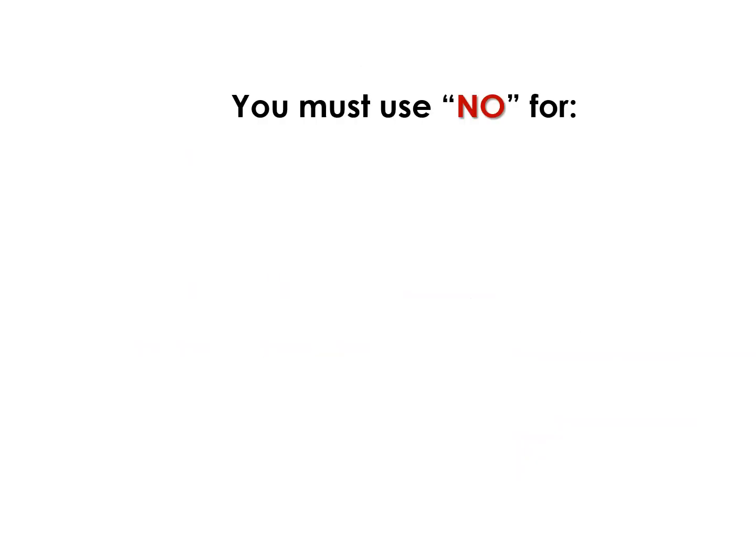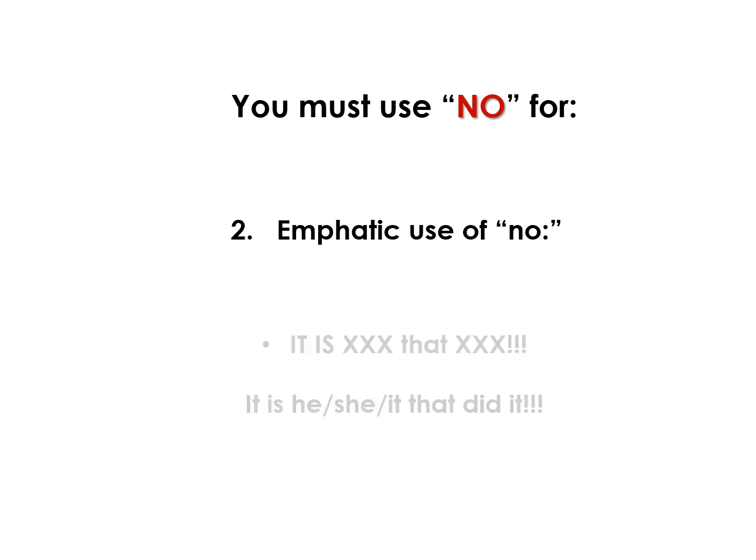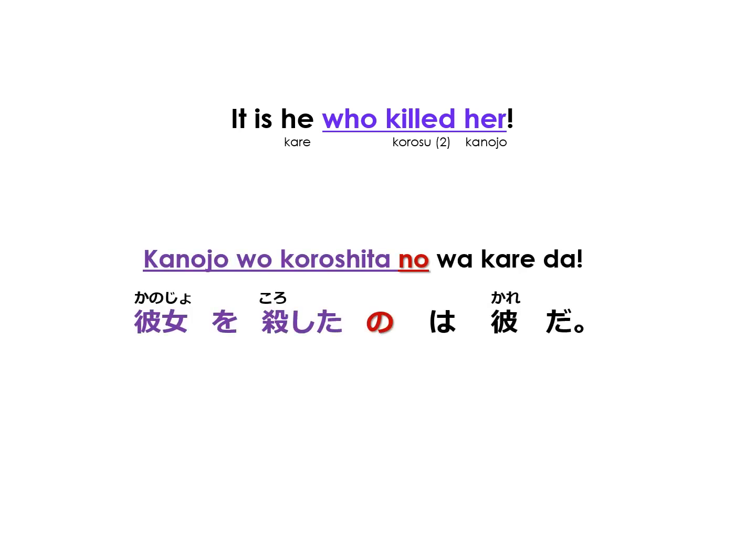You must also use no to nominalize when you want to be emphatic. It is so and so that did this or that. Let's look at some examples. The sentence, it is he who killed her. Who killed her must be nominalized using no because you want to emphasize it is he and no one else who killed her. In Japanese, 彼女を殺したのは彼だ。